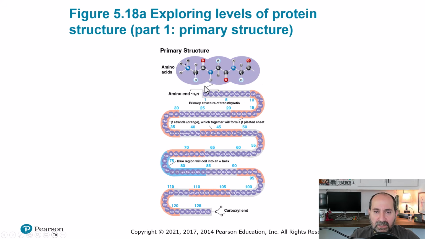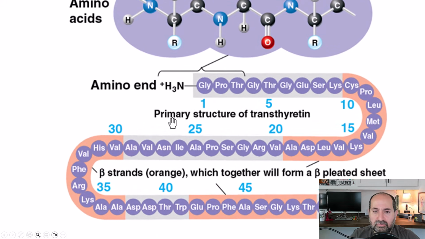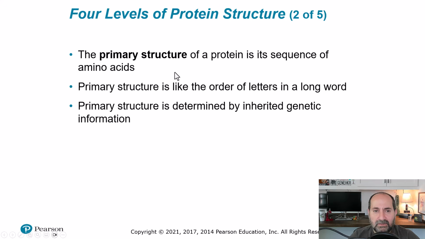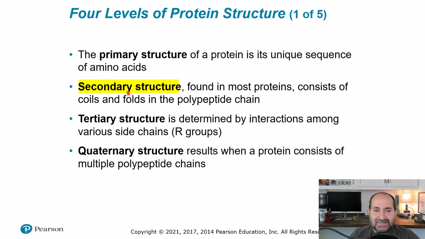So here you can see the primary structure of this. The primary structure of this protein starts with the amino acid glycine, then proline, then threonine, then glycine, then threonine, then glycine, right? So this is the primary structure. It's like all the amino acids in order are the primary structure of the protein. Okay, so what's secondary structure? Secondary structure is found in most proteins, and it consists of 2 main shapes that form from the pearl necklace. The pearl necklace makes 2 main shapes: coils, right, called alpha helices, and